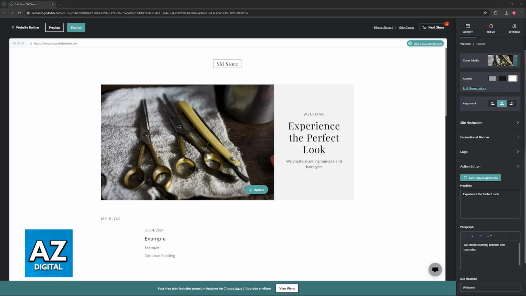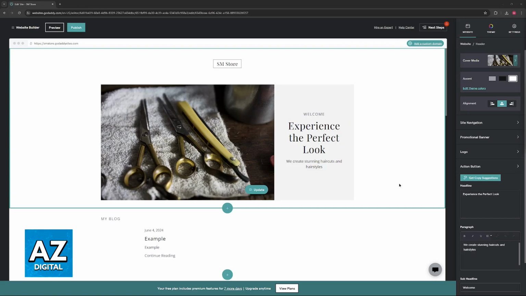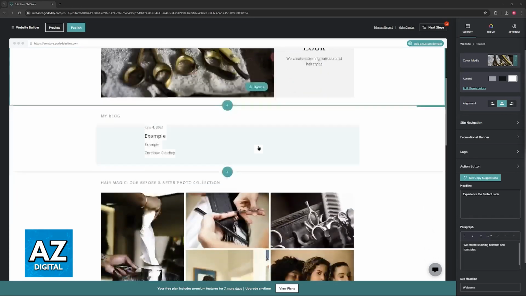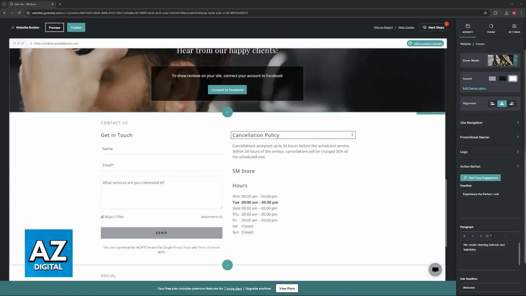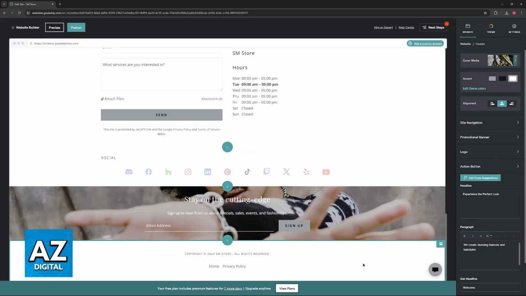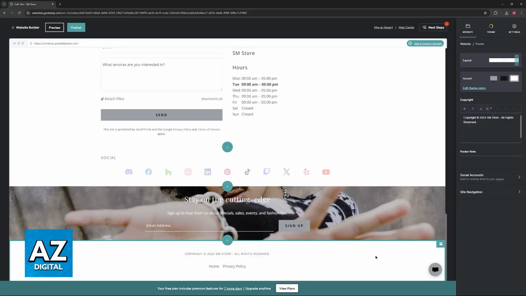In this video, I'm gonna give you easy to follow instructions on how to properly manage and edit your footer in the GoDaddy website builder. It is extremely simple, and all that you have to do is visit the website builder and open a specific website that you would like to manage the footer for. So scroll down to the bottom and you should be able to find it. Click on the footer once to highlight it, and you will now be able to change all of its settings.